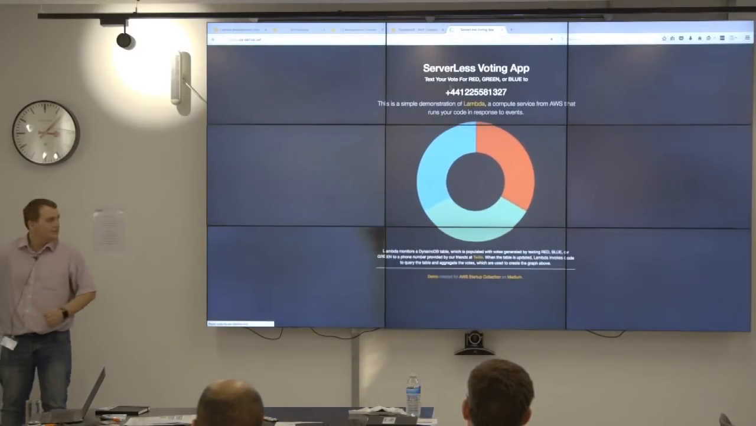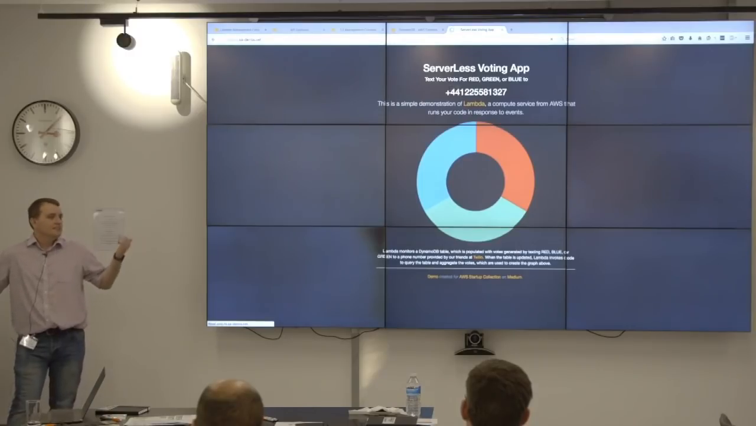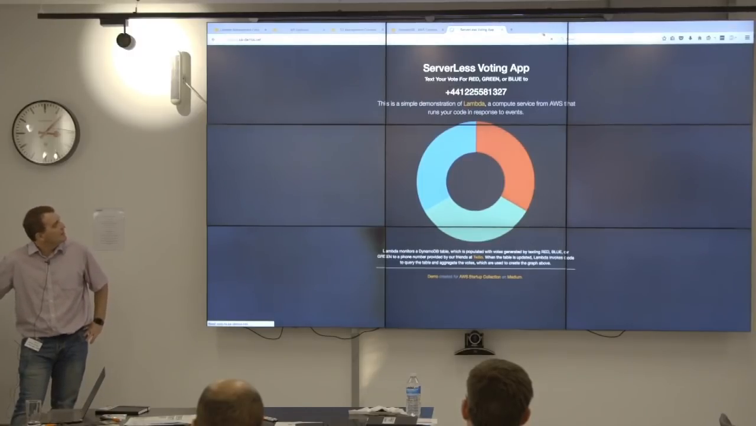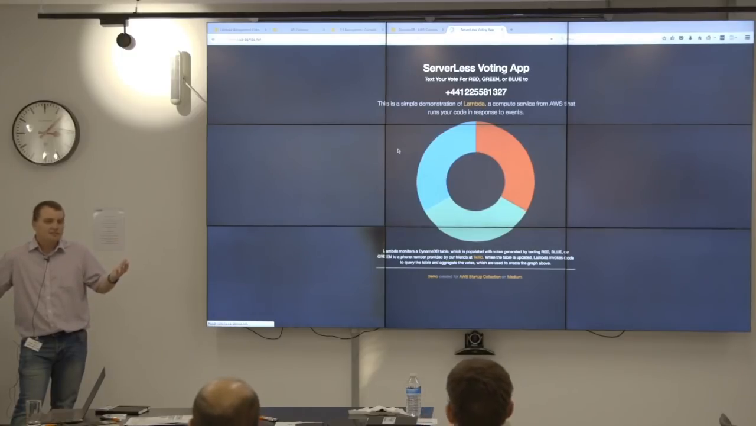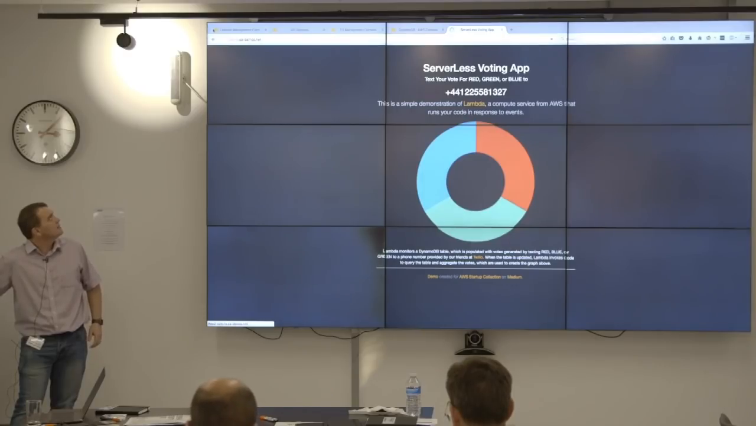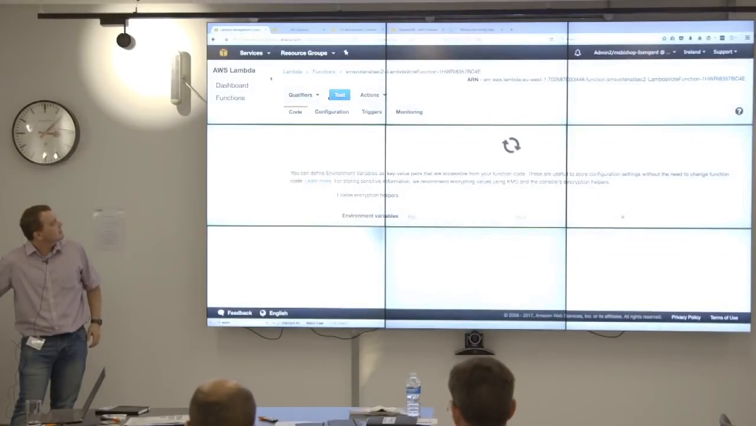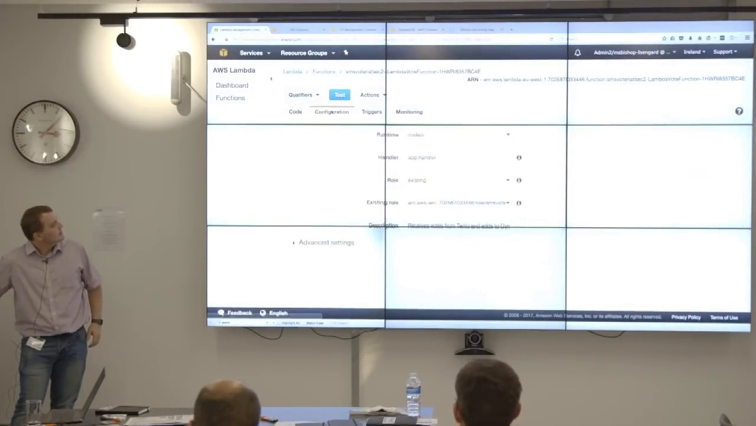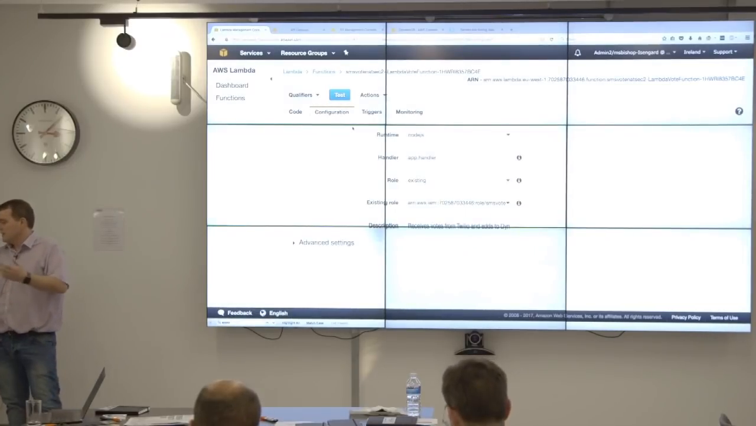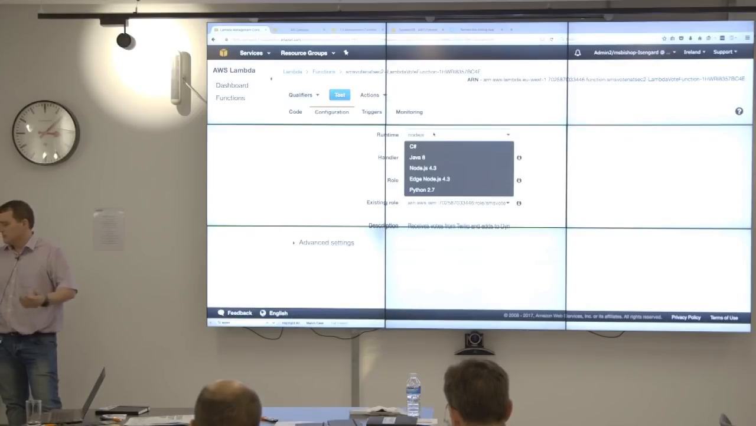While that's loading, let's have a look at this. So this is the application. It's hosted primarily in an S3 bucket, some static content, and then it's got some APIs and the Lambda running in the back end. So coming back to Lambda. Right, so the code's taking a bit of time, so I'll skip that. In the configuration, you can choose the runtime,